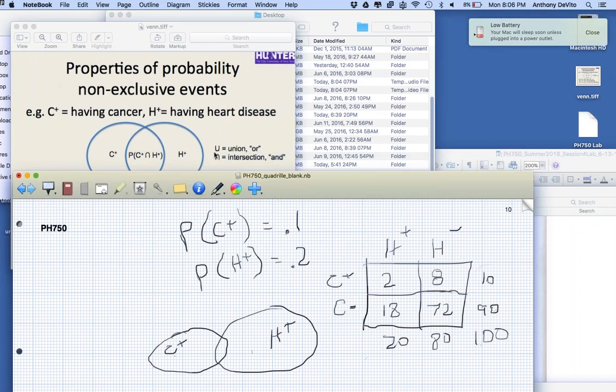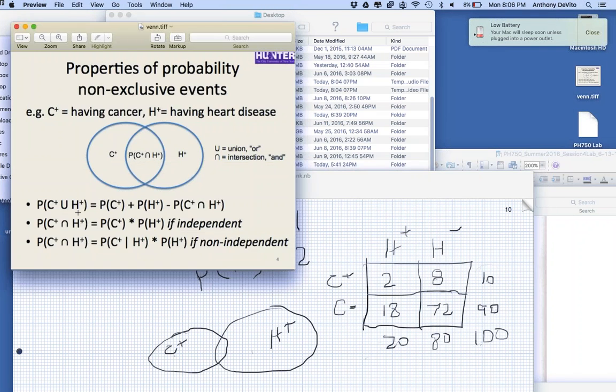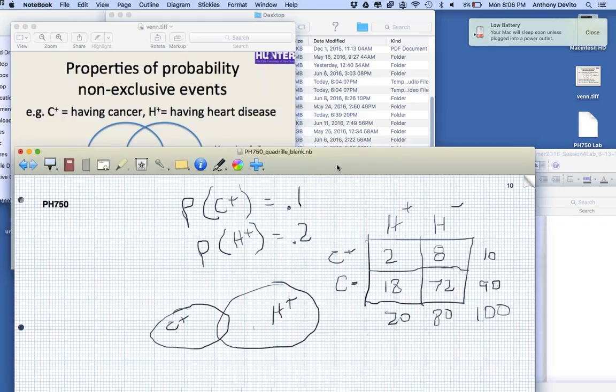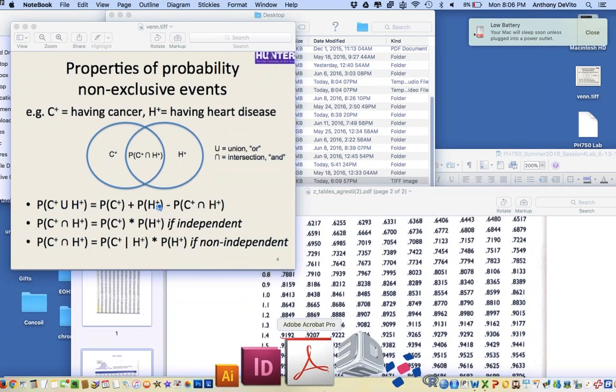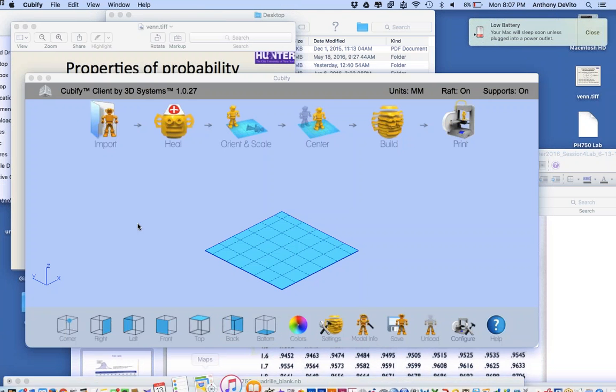Okay, so let's take a look at our formulas here. The first formula is the probability of the union of having cancer and having heart disease. That means you have either heart disease, or you have cancer, or you have both. It is equal to the probability you have cancer plus the probability you have heart disease minus the probability that you have both. If I look at this, the probability you have both is this area in here. The reason why you have to subtract that,